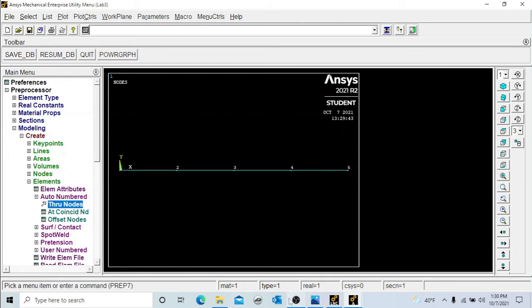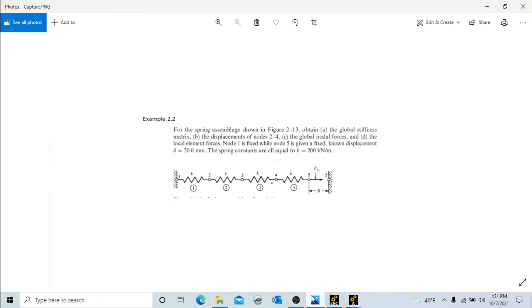Okay, now we will define our boundary conditions. Here we can see we have a fixed boundary condition at node 1. That means it will not have any deformation in x-axis, y-axis, nor any rotation. But if we see node 5, we have a displacement of 20 millimeter. That means we have to allow the deformation in x-axis, but in y-axis and z-axis it has a zero displacement. So let's define our